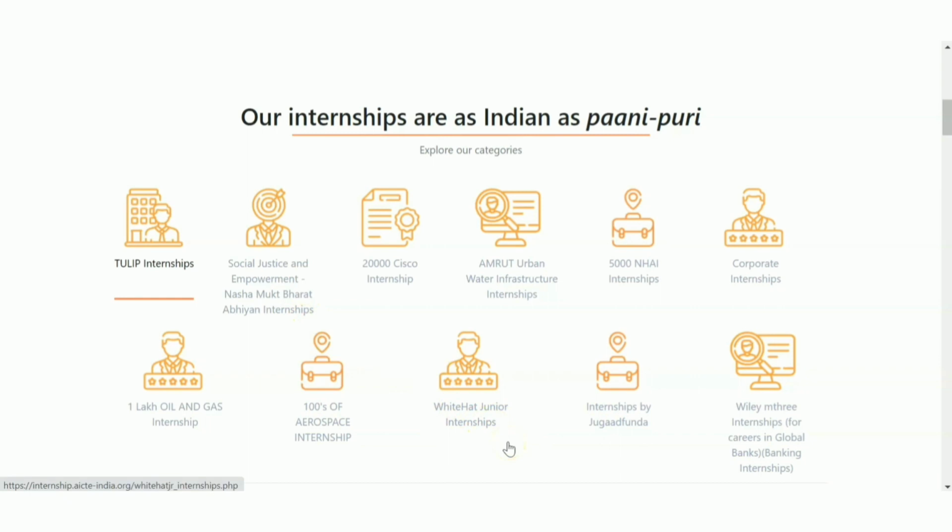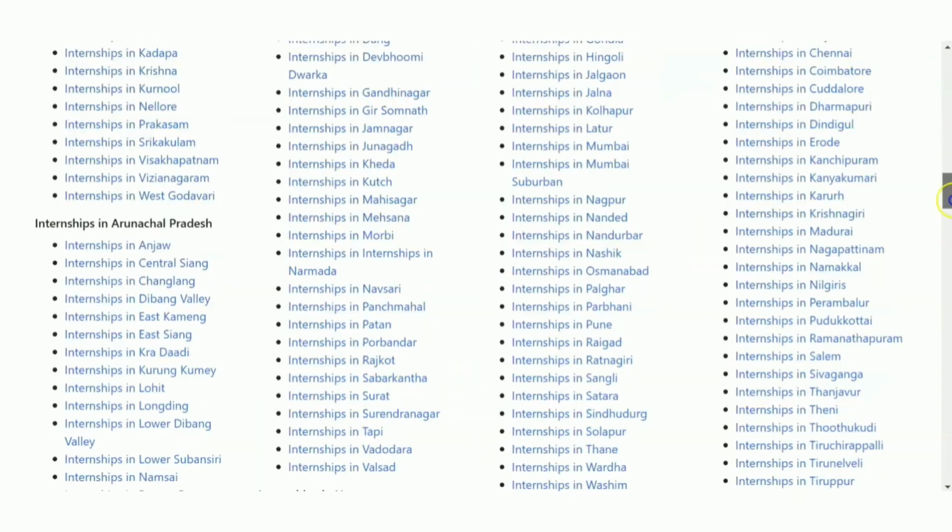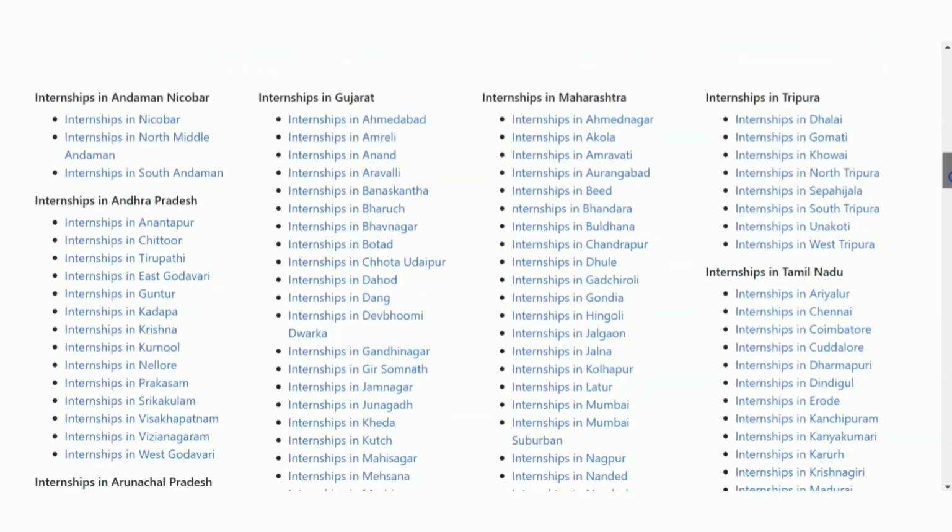There are openings under most of the categories. I'm not saying all the categories have openings currently, but for most you can find openings. Apart from this, you can use the search bar and directly search for whichever category you belong to, or if you are interested in data entry related jobs, you can search that directly here.